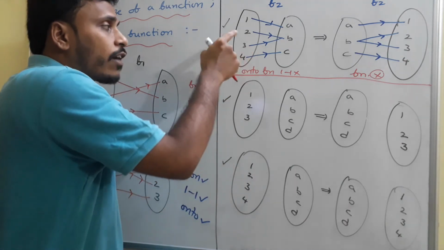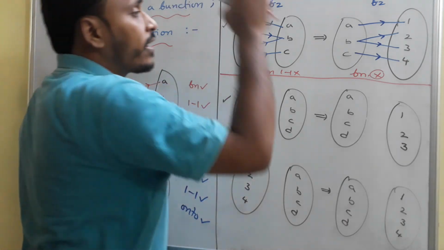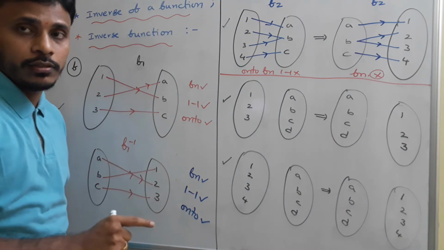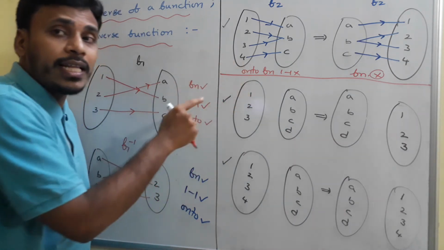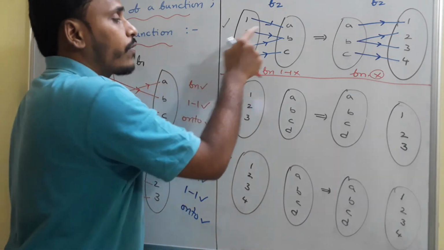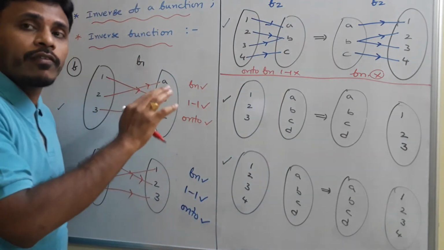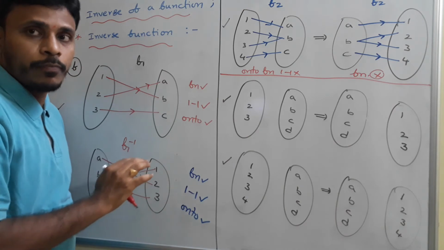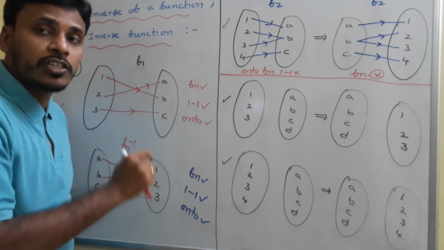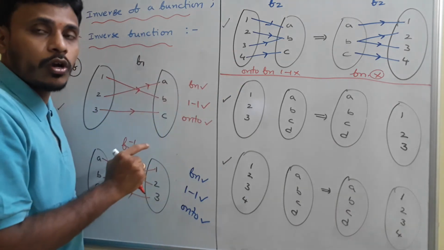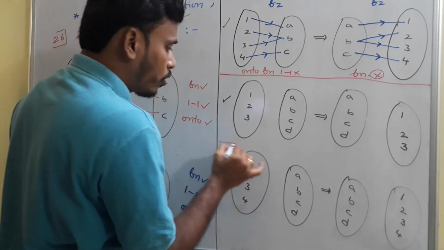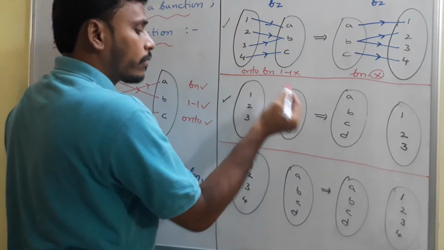So since f2 fails to be 1-1, its inverse is not a function. Since f2 fails as 1-1, 2 elements have the same image, and it directly generates a non-function for f2 inverse. f2 inverse is not a function just because f2 is not 1-1. Then you just think about f3 and then f4.